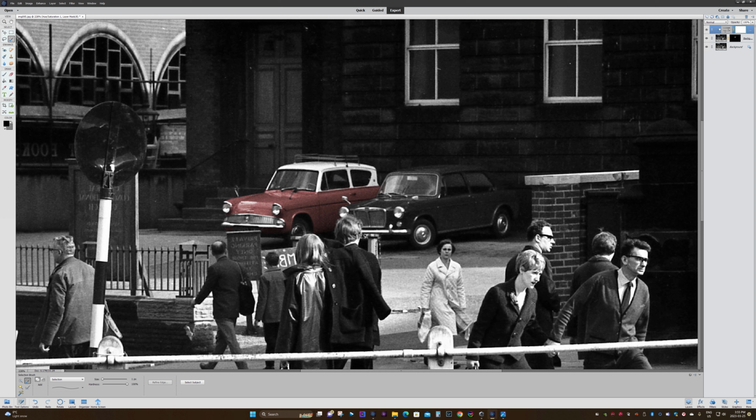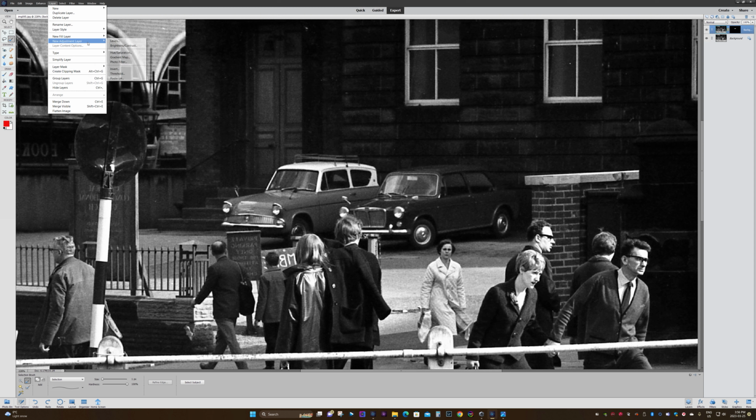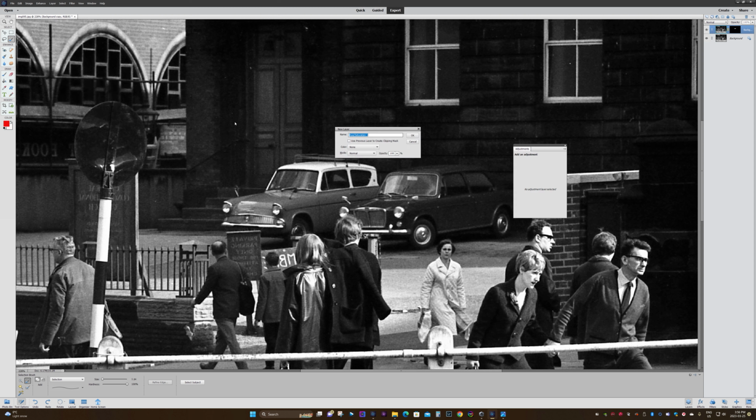And the thing is too, if we just do quickly here, we'll just go Control Z to back out of everything we did. Okay, so let's redo it. So layer, new adjustment layer, hue and saturation. Use previous layer to create clipping mask. Click OK, colorize, and what I was mentioning before is Adobe Photoshop